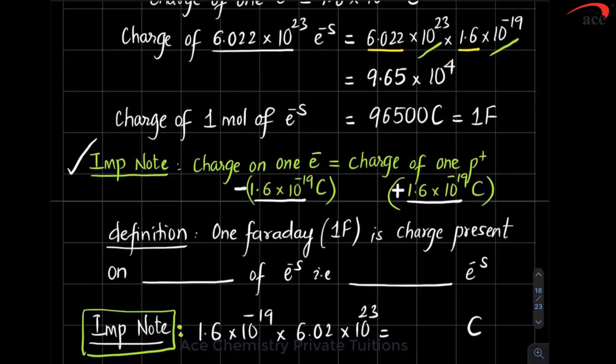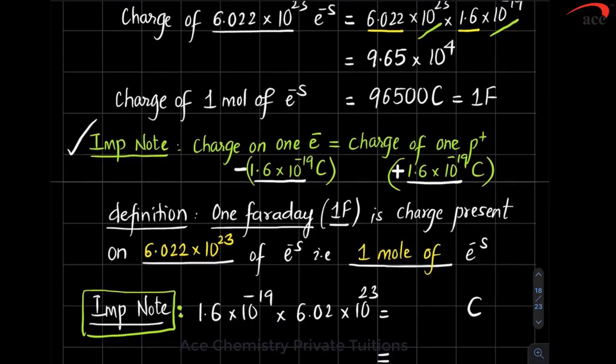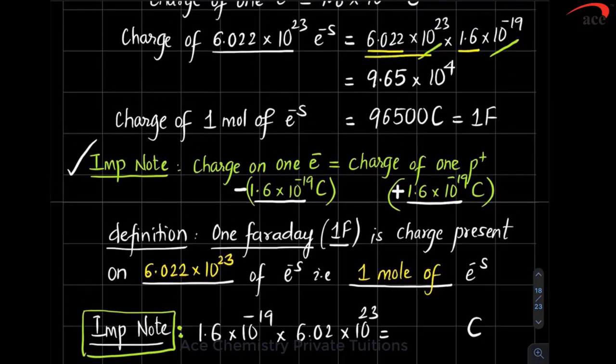Okay, what is 1 Faraday? 1 Faraday is a charge given by symbol 1F. It is the charge present on 6.022 into 10 to the power 23 electrons, or you can say the charge present on 1 mole of electrons is remembered as 1 Faraday. That means you should remember, if you multiply Avogadro number with charge of 1 electron, you will get